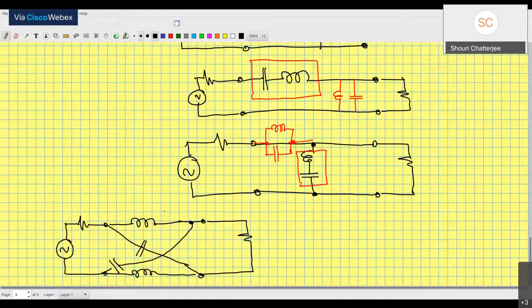And let us not bother discussing the all pass filter. This is completely off topic over here. But this is the structure. So you can build all these filters with the help of inductors and capacitors. For all pass you need two inductors and two capacitors. So this is as much as I would like to talk about filters.